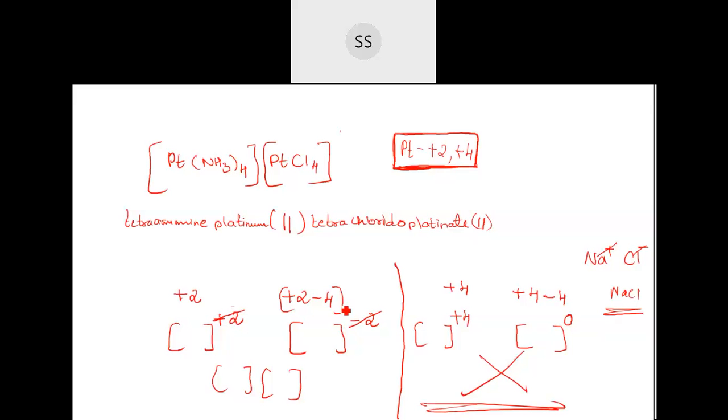Okay, very good. I will give you one more if you want, so that you are thorough. See, one more example I will take here. Sometimes the oxidation state can be different also. You have to check out which will go correctly. So here you see I have taken a different example. Find out for this one.